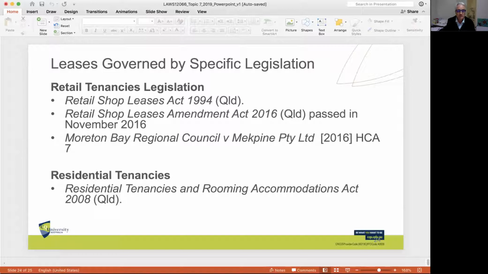And then we have the situation of residential tenancies, the Residential Tenancy and Rooming Accommodation Act 2008, dealing with residential tenancies and also other types of accommodation situations that are not private residential tenancy arrangements or under agreement. So this Act extends to those. That's not the case in all jurisdictions. Sometimes those other types of interests are dealt with separately, but in Queensland they have been brought under the one Act. We don't have the opportunity or the time to go into this in detail, but